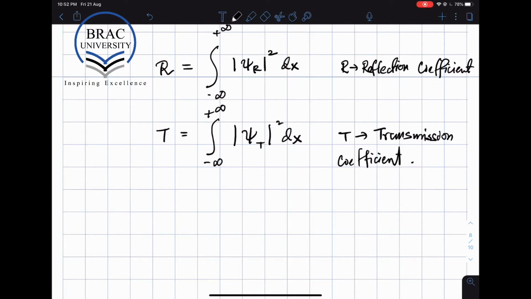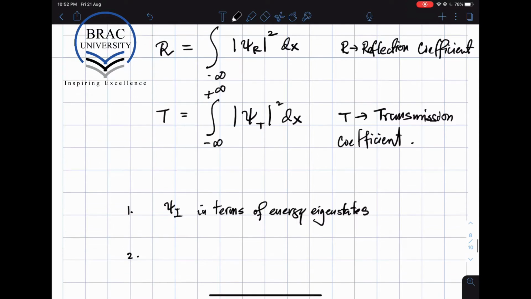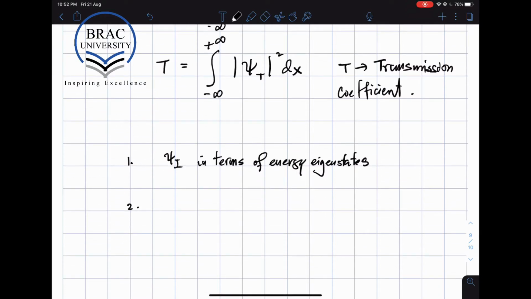So the basic strategy that we're going to use to figure out the reflection and the transmission coefficients will be as follows. So first, we will express the initial wave function psi I in terms of energy eigenstates. And number two, since we know how the energy eigenstates evolve in time, we can evolve psi I